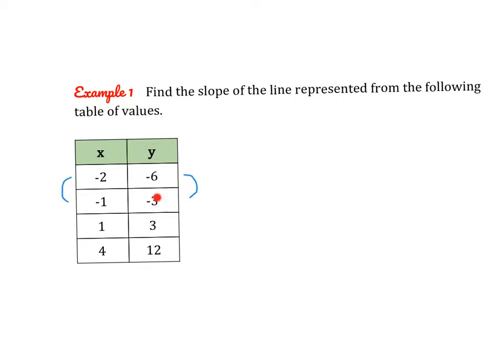So we'll always start with the change in y values. I see to go from -6 to -3, I need to add 3. So it's a +3. The change is +3. And to go from -2 to -1, I add 1. So if I do change in y, or delta y over delta x, it's 3 over 1,